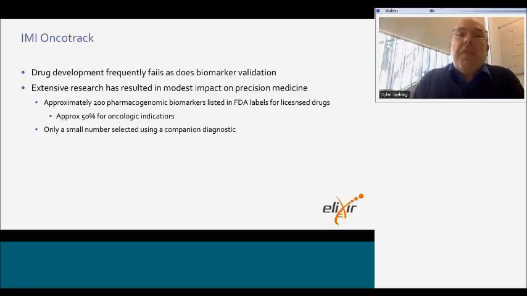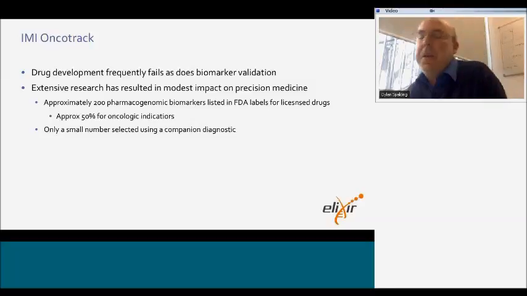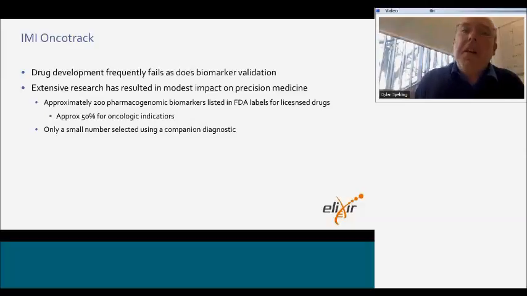So OncoTrack, what's its purpose? What is it trying to do? Well, apparently drug development frequently fails, as does biomarker validation. And despite extensive research, there's been modest impact on the precision medicine or the benefit to specific patients who've been sequenced from all this. For example, approximately 200 pharmacogenomic biomarkers are listed in the FDA labels for licensing drugs, and